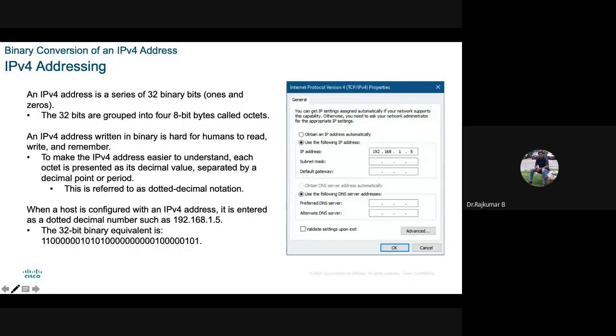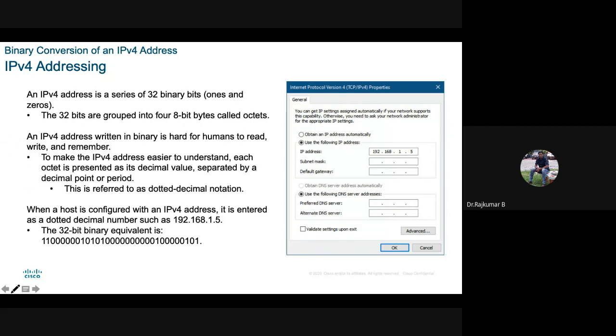When a host is configured with an IPv4 address, it is entered as a dotted decimal number, like you can observe here: 192.168.1.5. And the 32-bit binary equivalent is 110000001010 and so on. So is it possible for any human being to remember this single IP address in terms